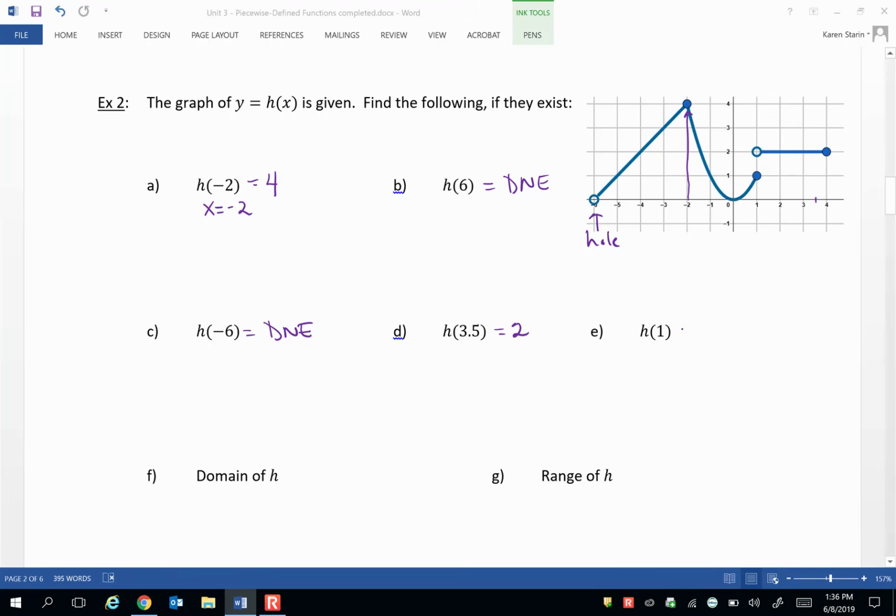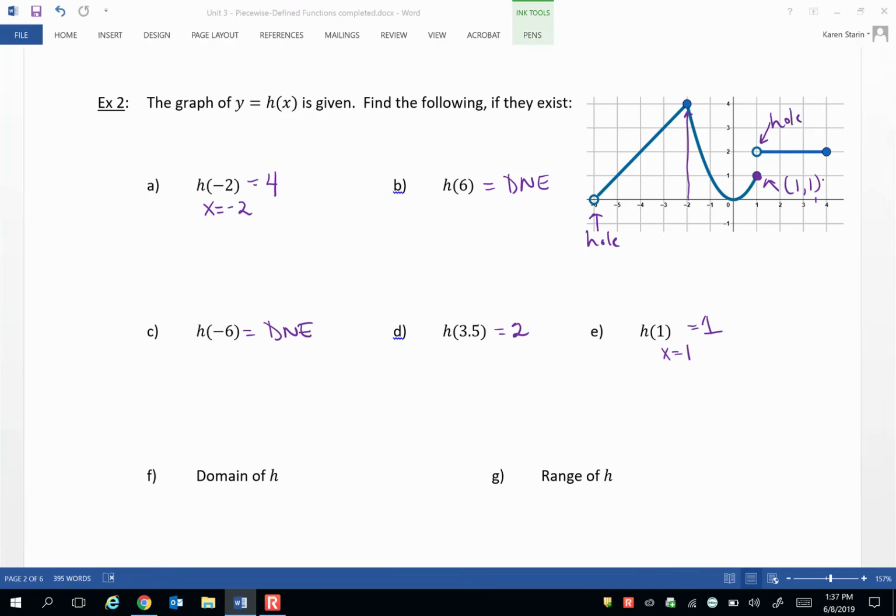Well, this is a little tricky at first. Remember, we're going to where x equals 1. Well, x equals 1 has a solid circle at 1. So that is where the function is defined. When x equals 1, we're on that piece that looks like a piece of a parabola, not at the constant function where y equals 2, because there's a hole there. So this is a hole, and this is a solid filled in piece. So this 1, 1 is where the function exists when x equals 1.